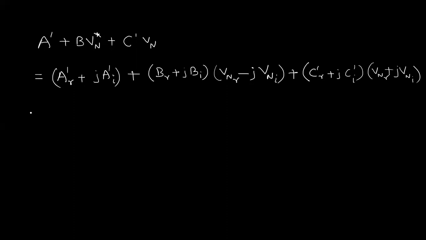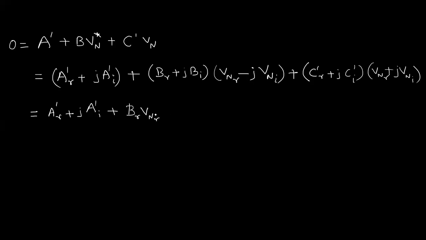Okay, so I'm just splitting that. The left hand side is obviously 0. Okay, so let us simplify this further. So this is A dash real plus j A dash imaginary plus,